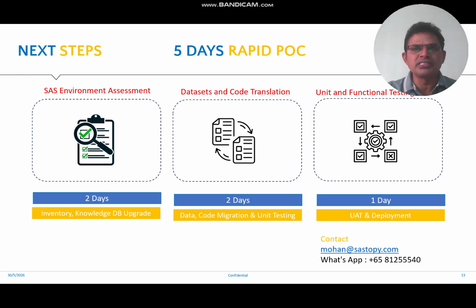So you need to provide us a system, we will install the software, and we also install a database, knowledge base, and we take your SAS codes and we run an assessment on your code base, and we do data sets and code translation, and we unit test and deploy those codes. So you can come up with a set of, let's say, 5 codes or 10 codes, whatever. Then we can do a 5 days rapid POC in your environment for free, and you can